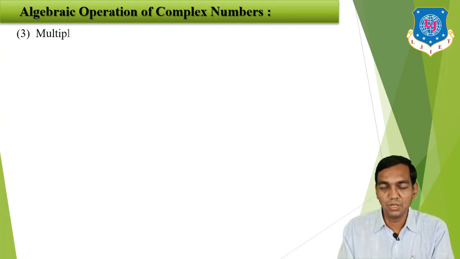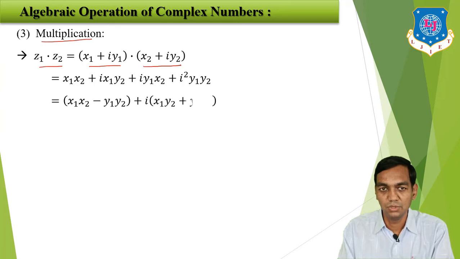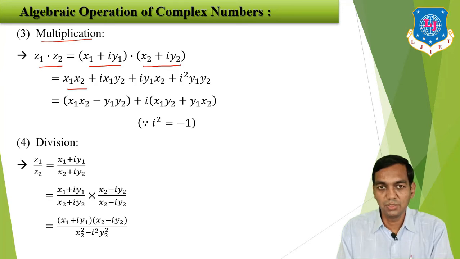Then we are going with multiplication of complex numbers. Suppose you have z1 into z2. That means (x1 plus iy1) into (x2 plus iy2). Then simple multiplication will be there. So you will have x1 into x2 plus i x1 y2 plus i y1 x2 plus i into i, that is i square y1 y2. But i square is minus 1, so you will have x1 x2 minus y1 y2 plus i into